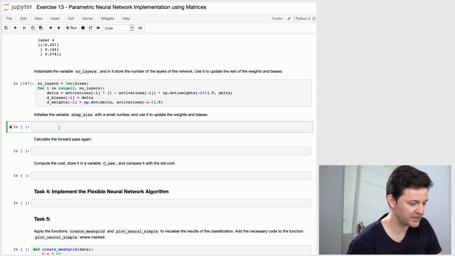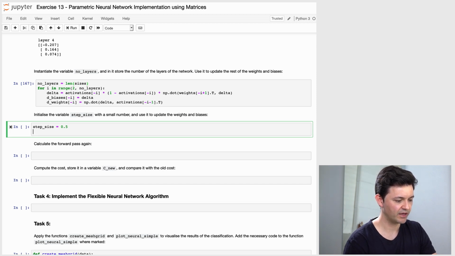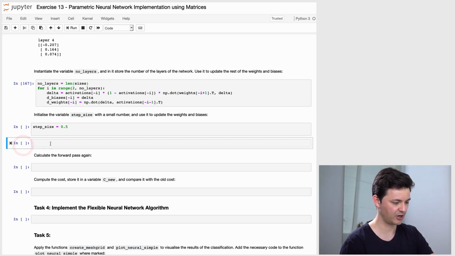Now it says initialize the variable step size with a small number and use it to update weights and biases. Well, this is easy, we did it before. Step size, we'll start by making it 0.5, for example. And now we need to update the weights and biases. So the problem is the following. We have weights